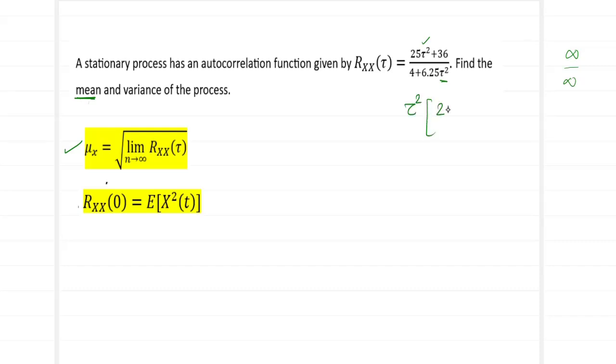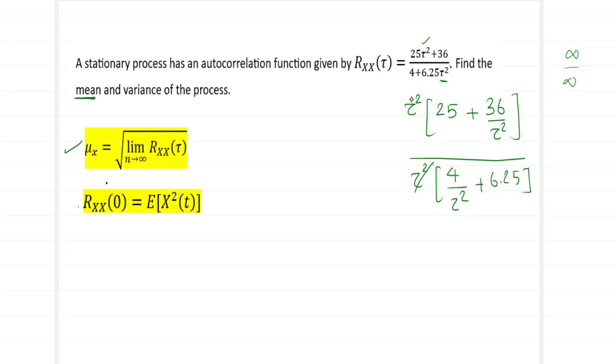So what will happen is the numerator will become 25 plus 36 divided by tau square. This is because this has a tau square, so you have taken it outside. This doesn't have a tau square, so that comes in the denominator. In a similar fashion, over here also you remove your tau square from over here. So you will have 4 divided by tau square plus 6.25. Now what will happen is this tau square can be cancelled, and now